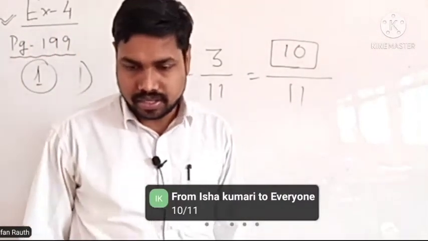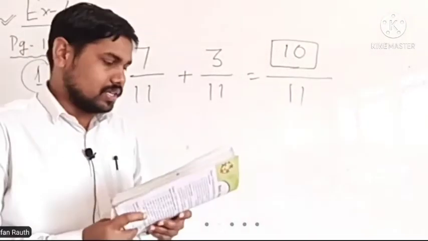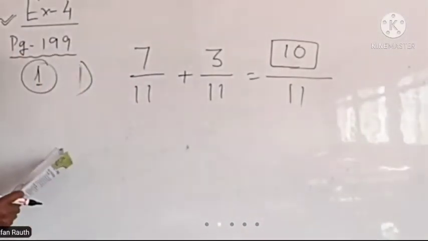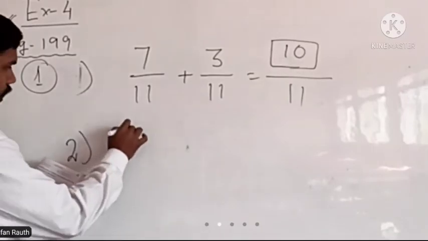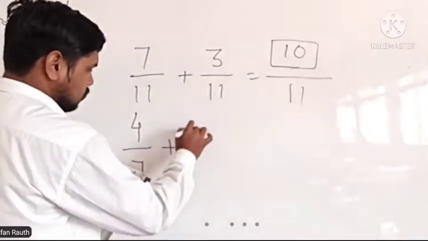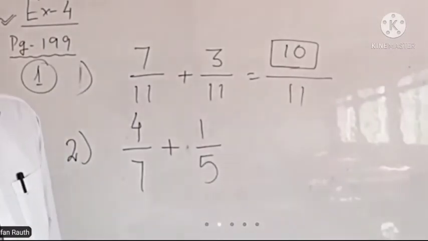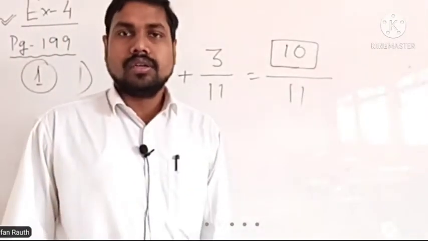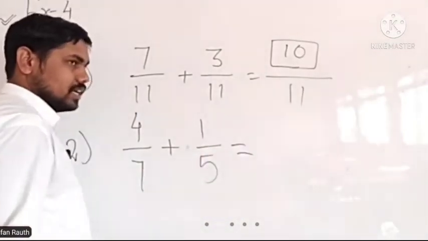Exactly. Very nice. So in this way we can solve it. Now the second one, where the fractions do not have the same denominator. So quickly let us see how we can solve this type of question, wherein it is asking 4 by 7 plus 1 by 5. What will be the answer? You need to fill in both things, the numerator and the denominator. So what will be the required fraction that you need to fill in?